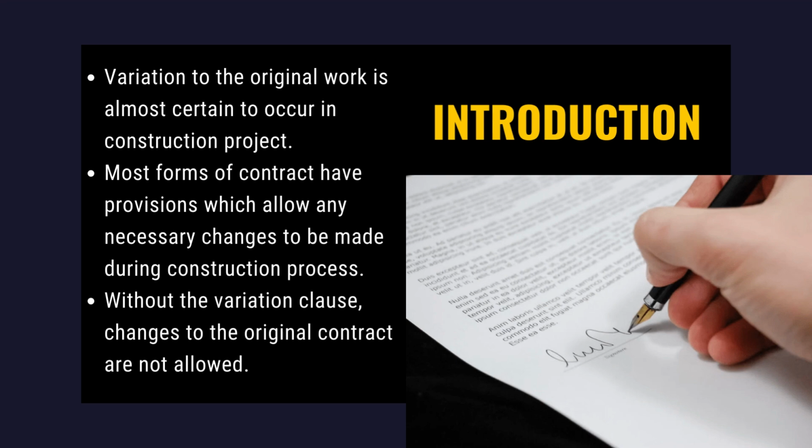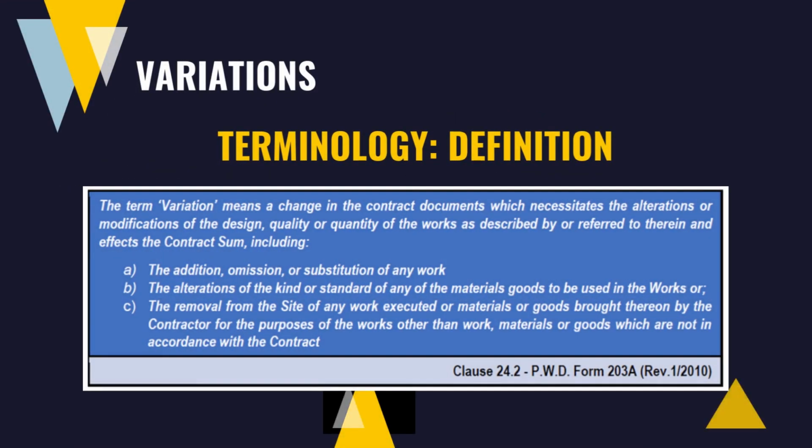Variation to the original work is almost certain to occur in a construction project. Most forms of contract have provisions which allow any necessary changes to be made during the construction process. Without the variation clause, changes to the original contract are not allowed. As for the definition as per clause 24.2 in PWD 203A, the term variation means a change in the contract